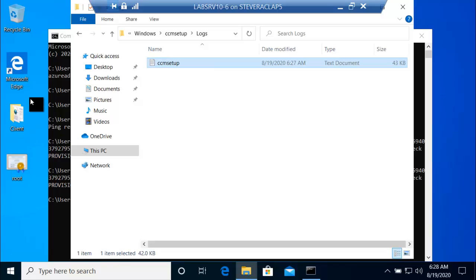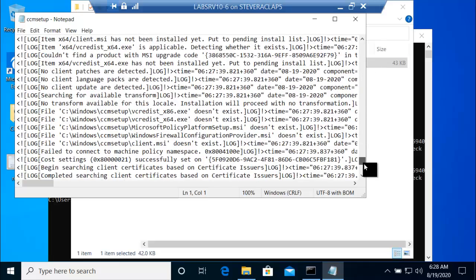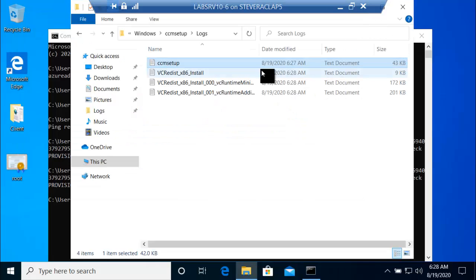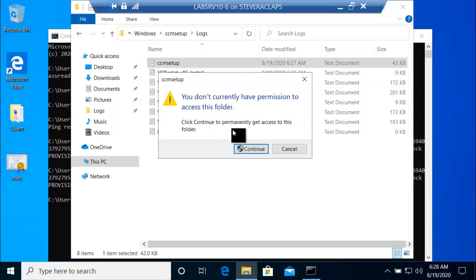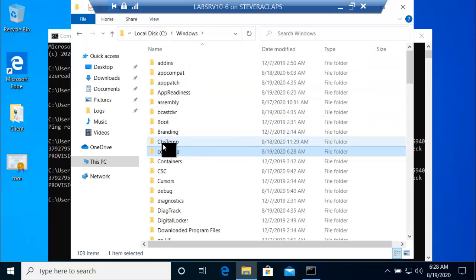Again, that's Cloud Management Gateway stuff that I'm not going to worry about, but we can see that the client install is kicking along, no problem, no errors, right? So now we're just connecting to the server. We're going to download some things. We got our next log, so everything's starting to come down. No issue. So I'm going to shift over to the CCM directory once it gets here, and we will monitor